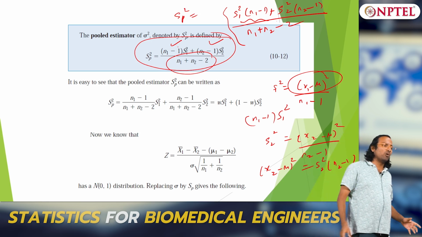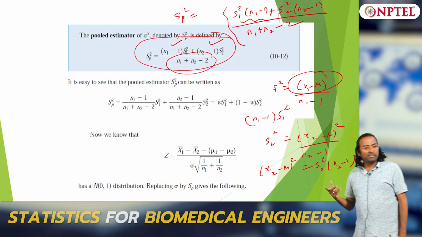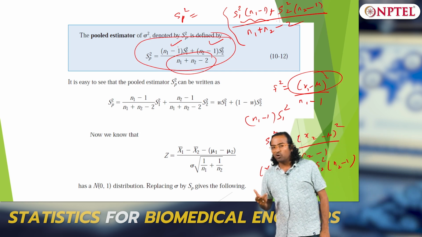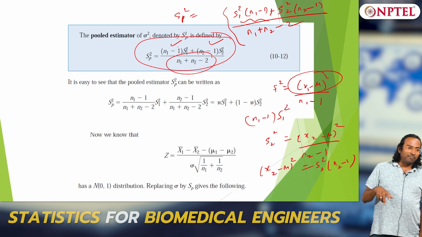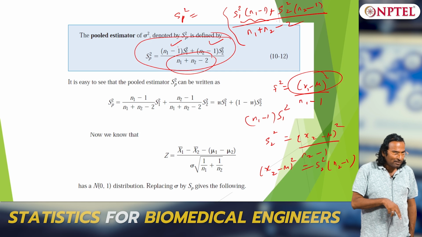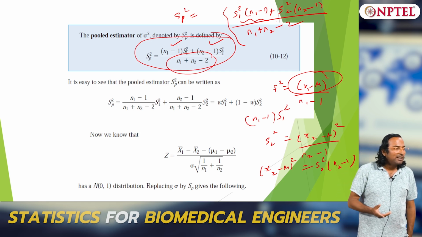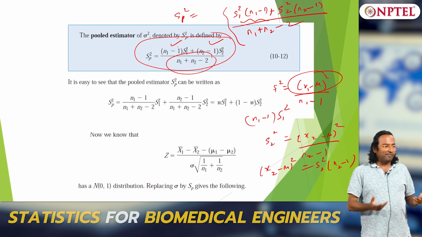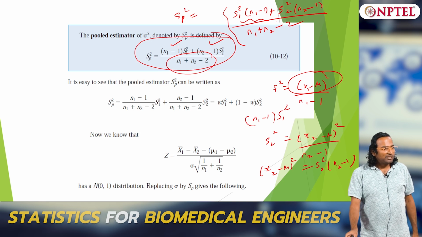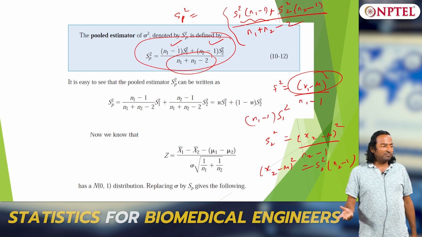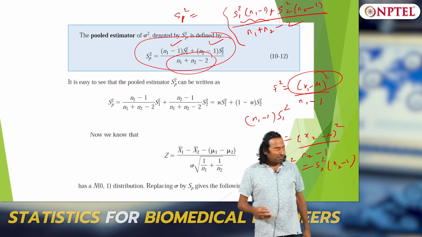What is (x1 minus mu) the whole squared? The total squared deviation in population 1 with regard to the mean. And (x2 minus mu) the whole squared is the total deviation in population 2 with regard to the mean. Now I divide the total deviation by the degrees of freedom, and that is what the variance is. So the numerator is the total deviation in the two populations, and the denominator is the total degrees of freedom. Clear? Make sense? So this is what a pooled estimator is.